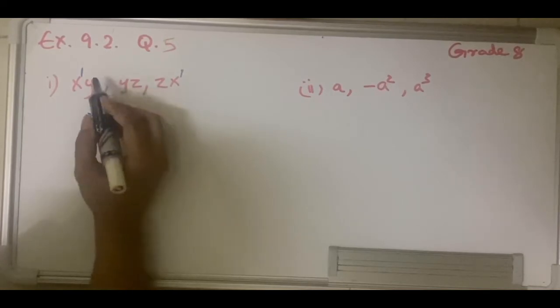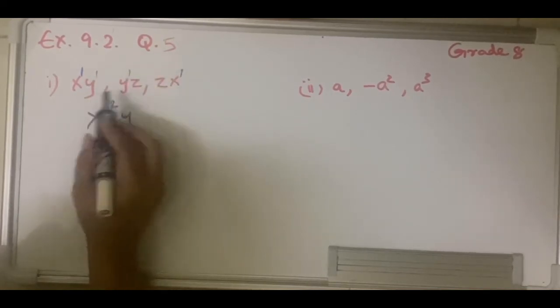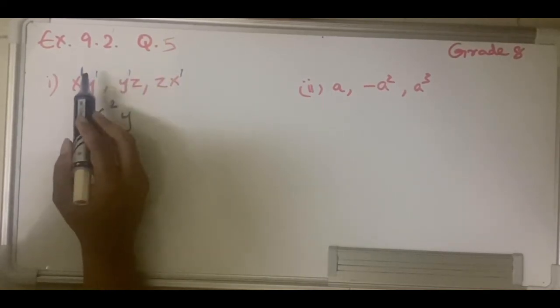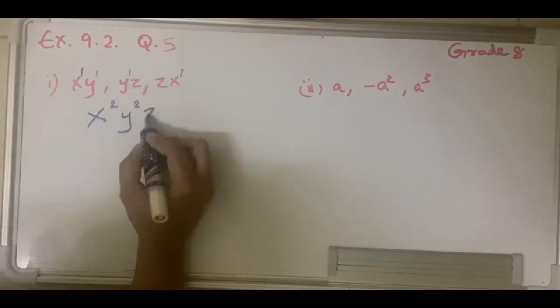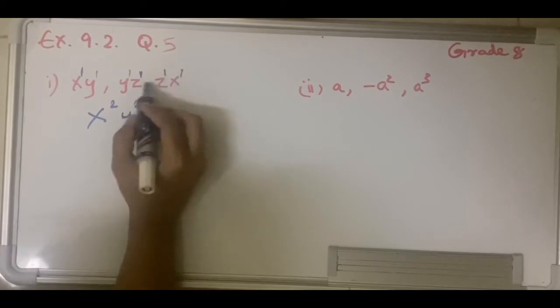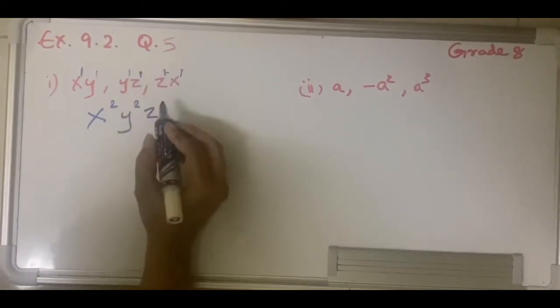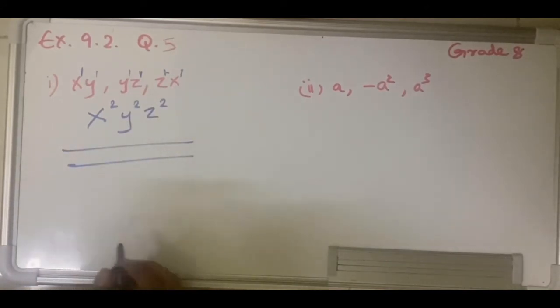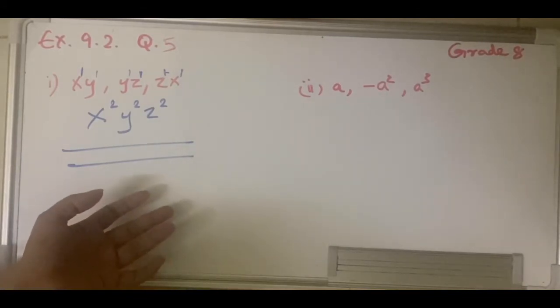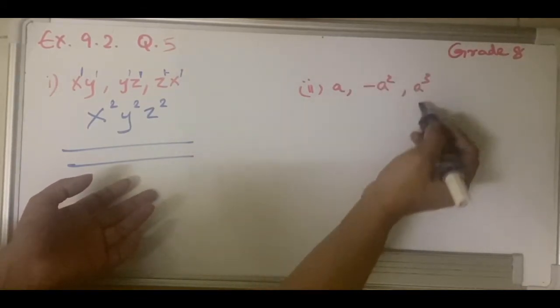Similarly, y, if you take, you have y raised to 1 multiply y raised to 1, which is y raised to 1 plus 1, that is y square. And z, you have the same story, z raised to 1, z raised to 1. When you are multiplying, it becomes z raised to 1 plus 1, which is 2. Clear? So this is what you need to do. And here now when it comes to second question, again there is no particular number given. So all are assumed to be 1, right?